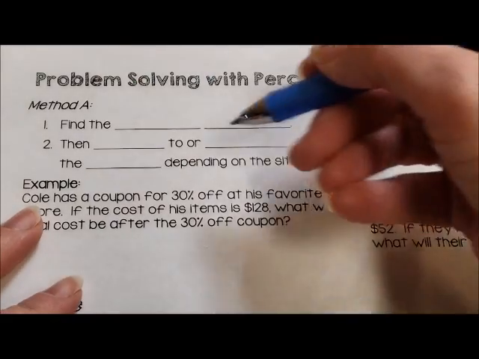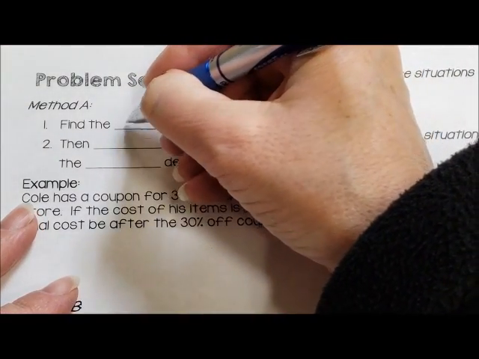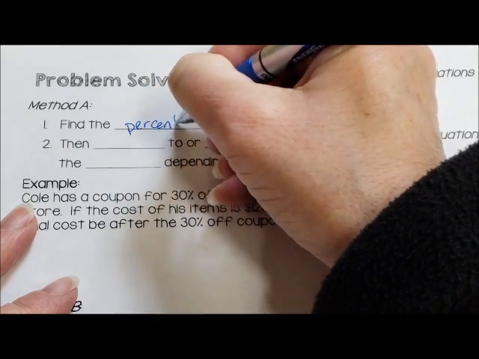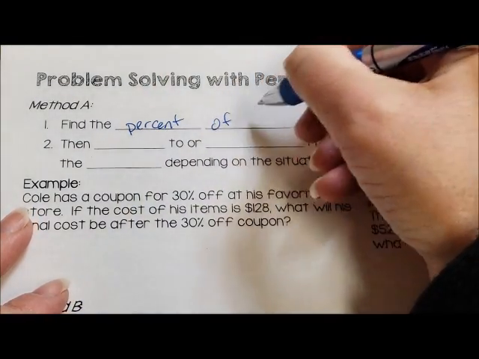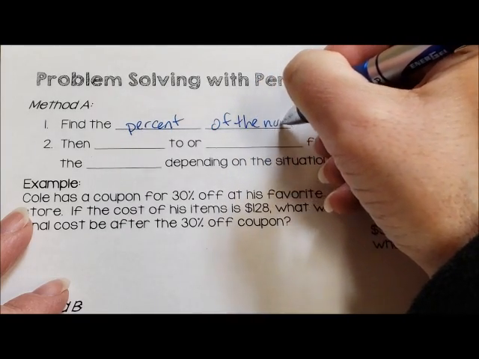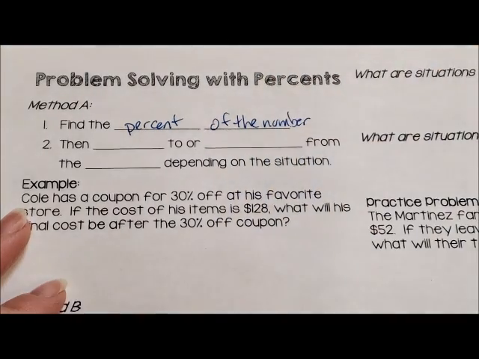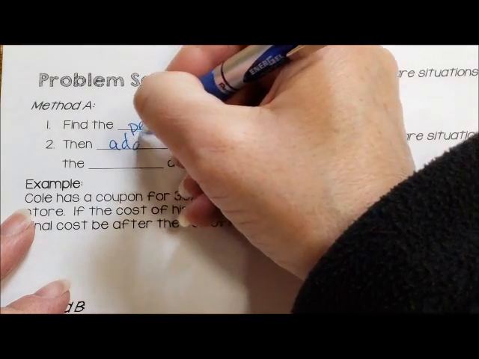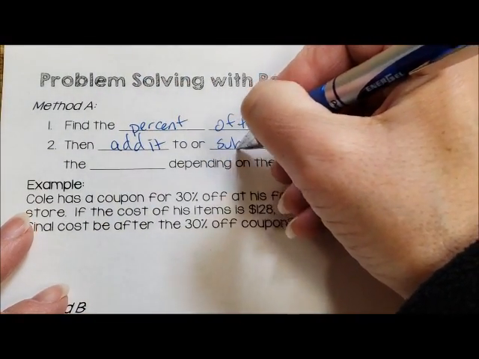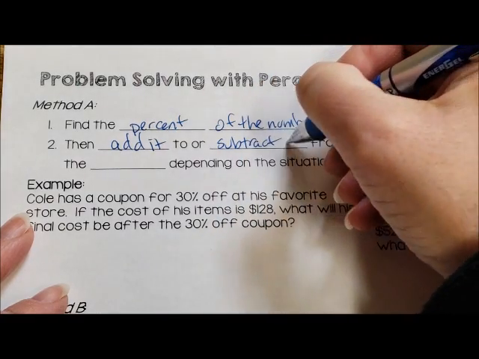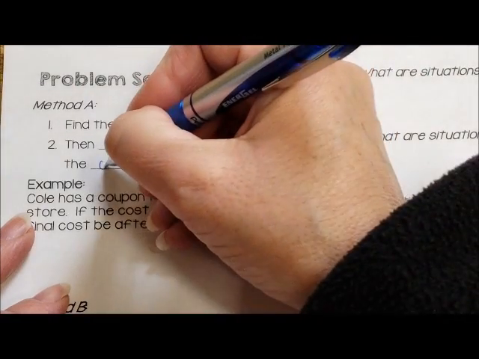One method is to first find the percent of the original amount. So you would find the percent of the number that you're starting with, and then you're going to either, depending on the situation, add it to or subtract it from that original amount,